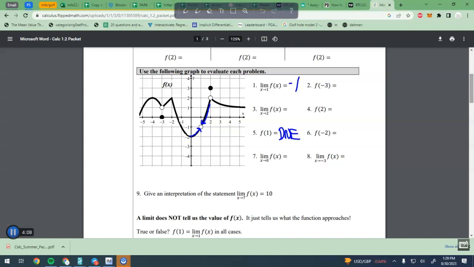Let's go to number 3 and 4. So we're looking at x equals 2. So when x approaches 2, x is like sneaking up on 2 from this side, sneaking up on 2 from this side. They're both sneaking up to the same y value. They're both sneaking up to 2. That's this 2. And then f of 2 is, okay, when x equals 2, where is the actual closed dot? And that's at